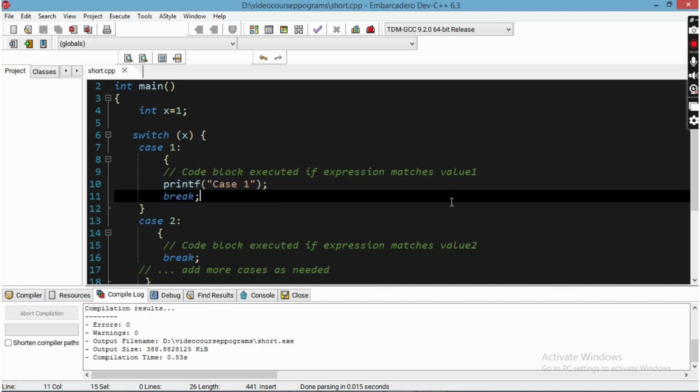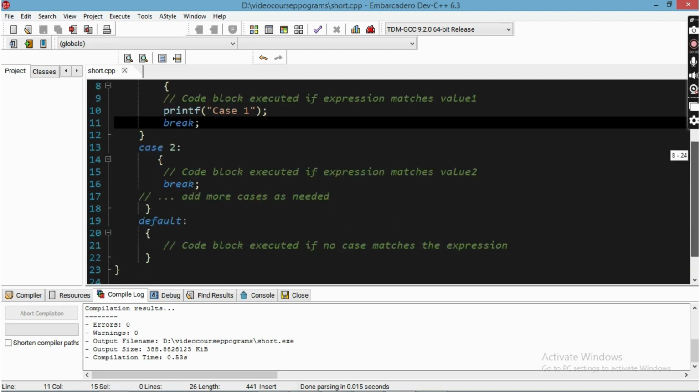In the same way, if we put the value of x is equal to 2, then the case 2 is going to be executed. We can create as many cases as we want: case 3, case 4, case 5, all these things. And if we put any default number or any default value that is not a part of our switch statement,